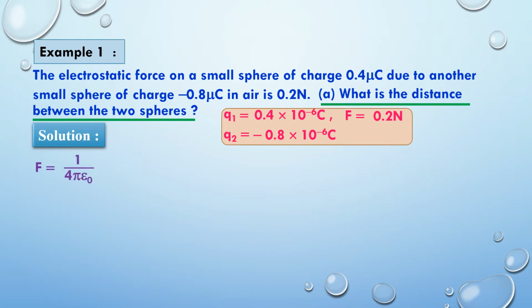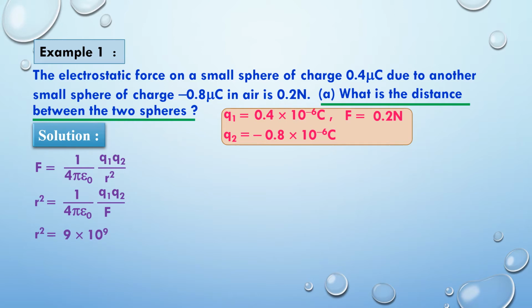So first I'll use Coulomb's law, and from Coulomb's law I can write the expression F is equal to 1 upon 4 pi epsilon naught Q1 Q2 upon R squared, where Q1, Q2 as well as F have been given. So I'm shifting R squared to the left hand side and taking F to the right hand side. The expression can now be written as R squared is equal to 1 upon 4 pi epsilon naught Q1 Q2 upon F, or R squared is equal to 9 × 10 to the power of 9,